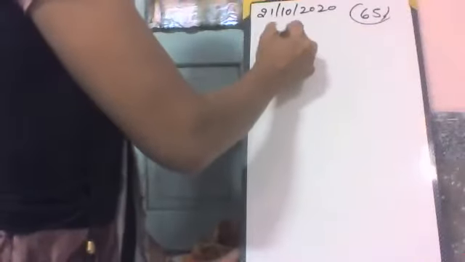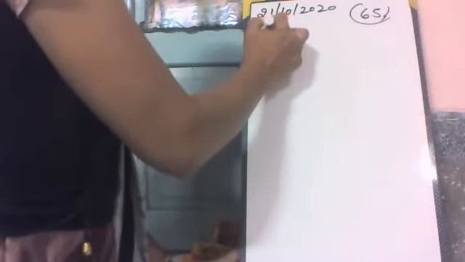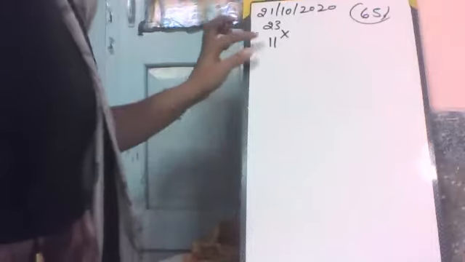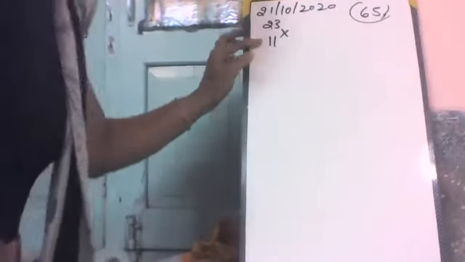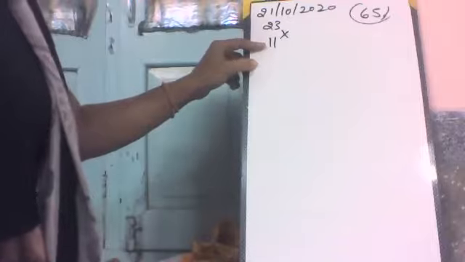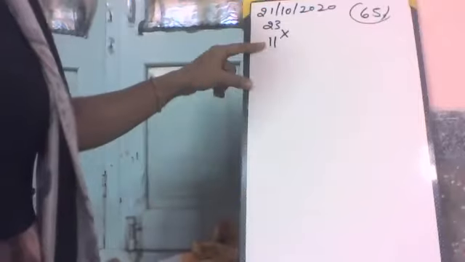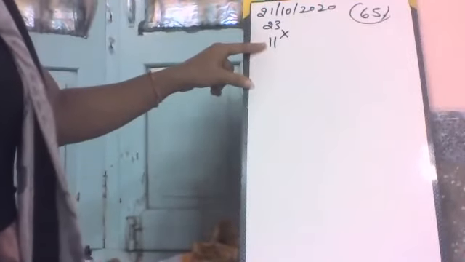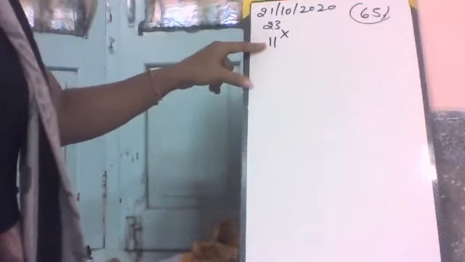Complete the following table. Here is an element having 11, what is 11? Atomic number. Yes, atomic number is 11. Then number of protons is also 11 and number of electrons is also 11. Write the number of electrons 11, number of protons is also 11.